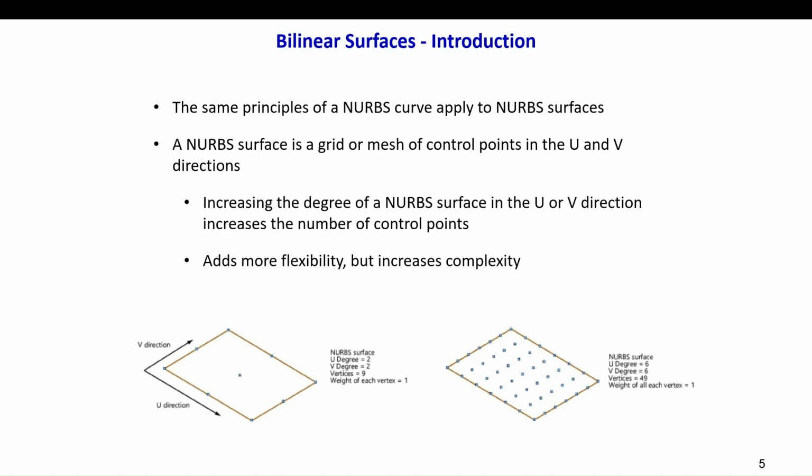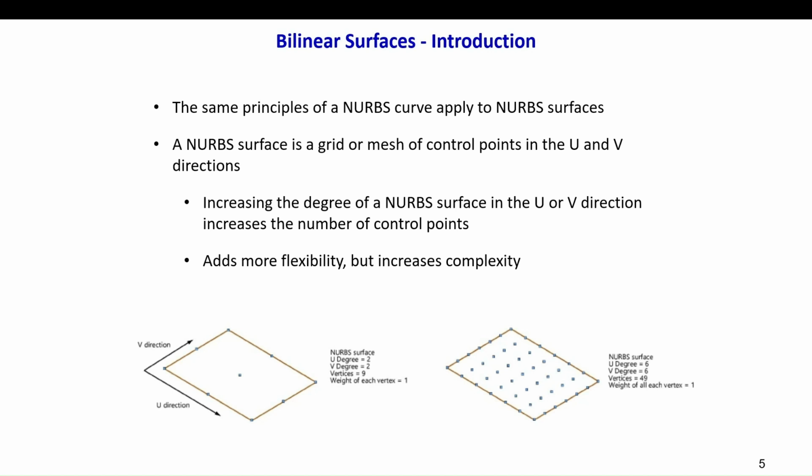Similarly, we also have NURB surfaces. NURB surfaces have similar principles as NURB curves, so that we can see similar results. But to define a NURB surface, it is a grid or mesh of control points in U and V directions. Increasing the degree of a NURB surface in the U or V direction increases the number of control points that it has, adding more flexibility,